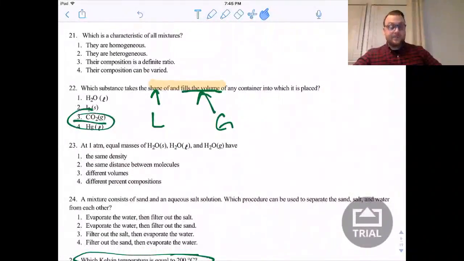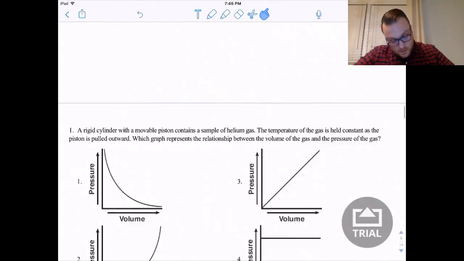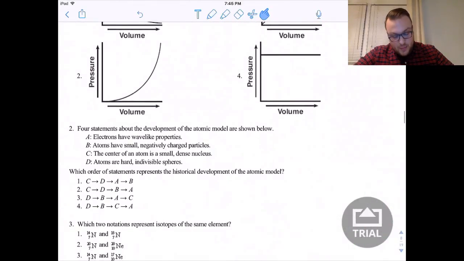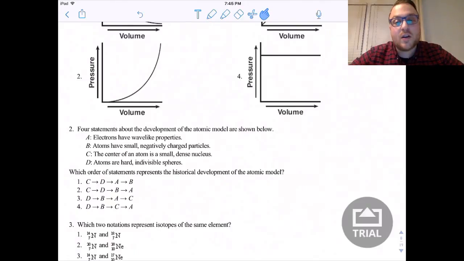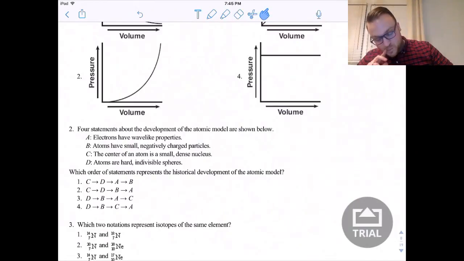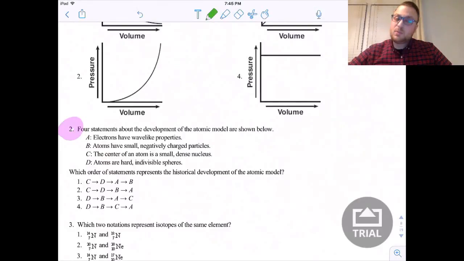And actually, before I even do these graphs, I'm going to cover the atomic models because we can't remember that very well. And so let's cover that. If you see a question like 2, when it's multiple choice, ask yourself, or say to yourself even, the first discovery is probably